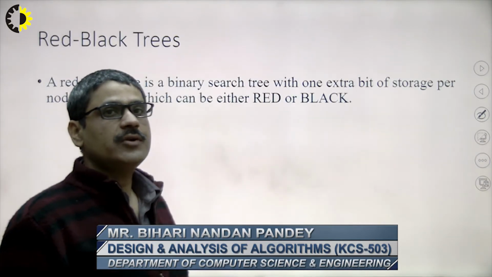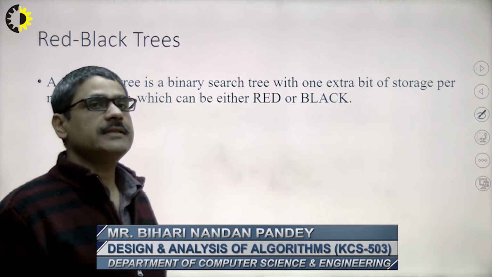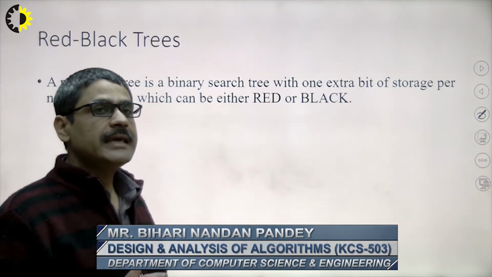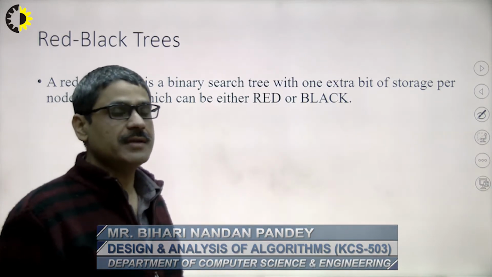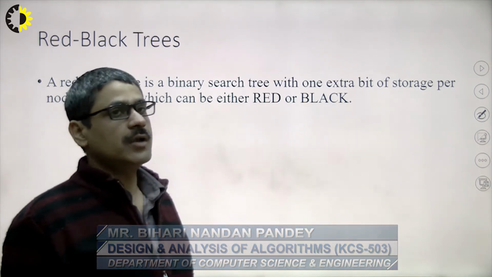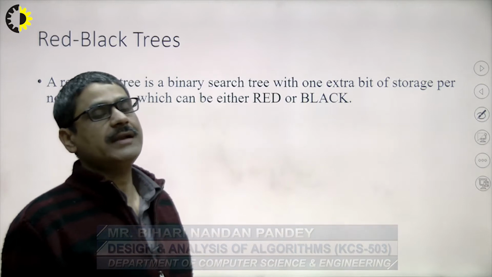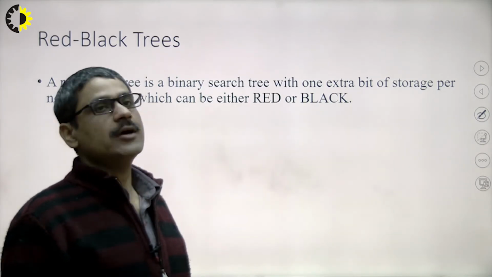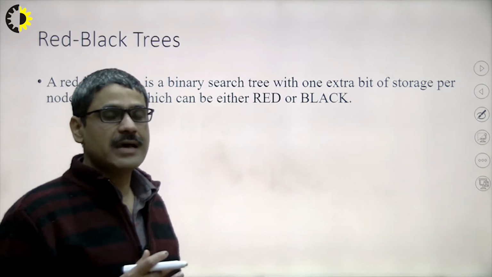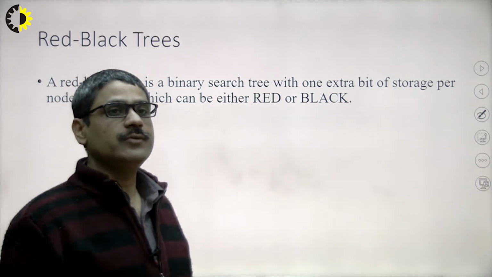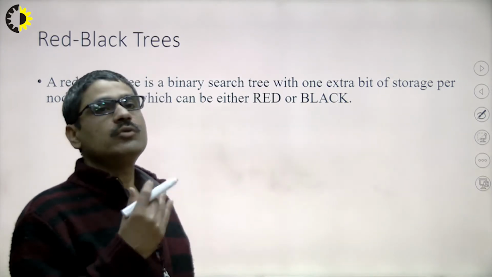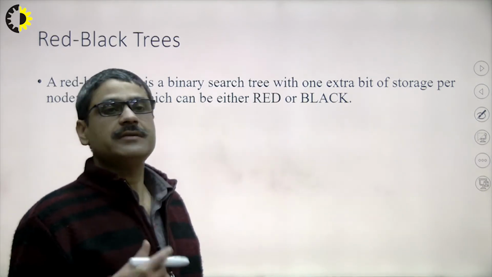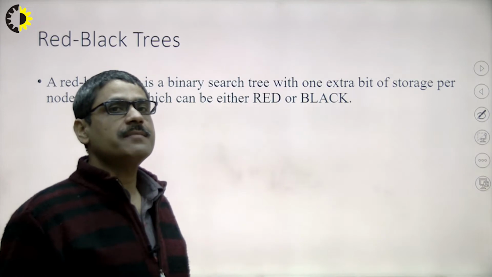Whenever we are talking about the red black tree, basically the red black tree is a binary search tree. What is a binary search tree? It is an extended version of the binary tree. In a binary tree we have three nodes, one parent and two children, left and right. After that, we put the values in in-order traversal, where the left child has the minimum value, the parent has a value more than the left child, and the right child has the maximum value. That is basically called a binary search tree.